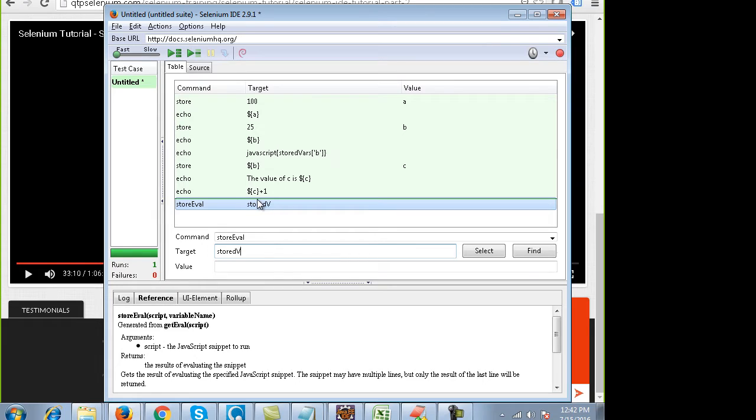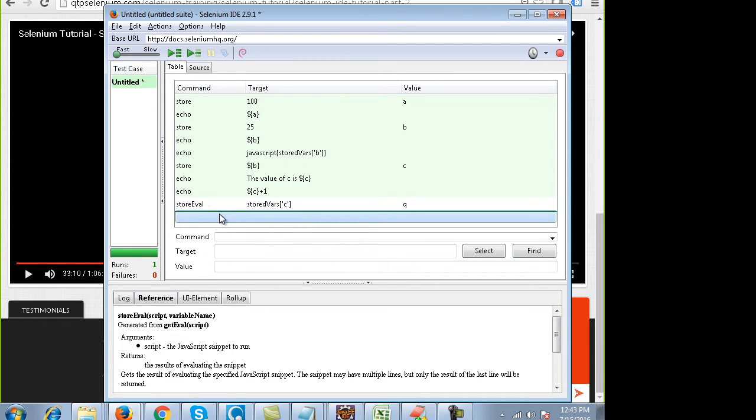stored vars. I suppose I write C. Right, that means fire the JavaScript command on this particular variable. What will happen is that in this case you don't need to actually write JavaScript. Okay, store the value of variable C into say variable Q. Fine. On the next line I can write echo